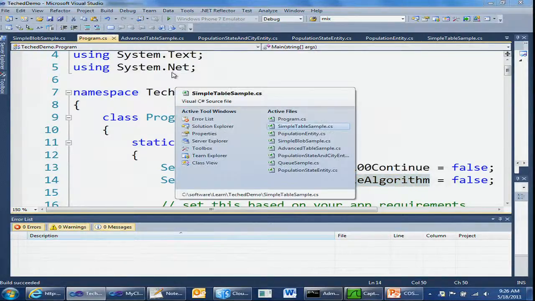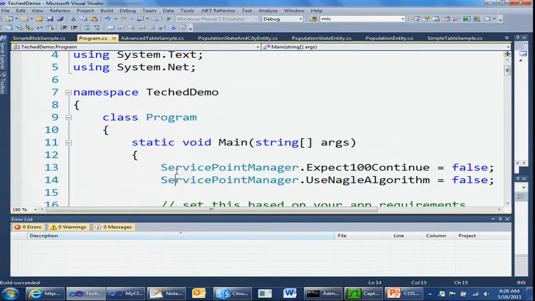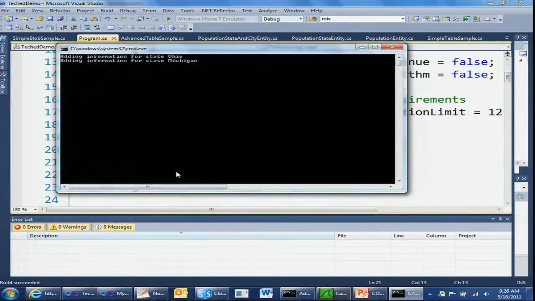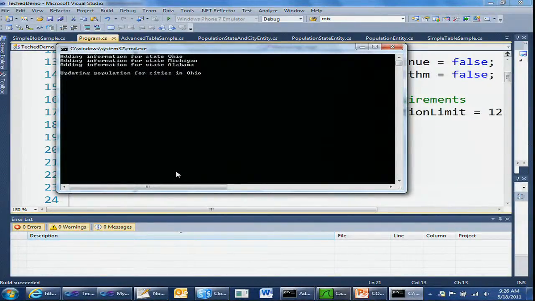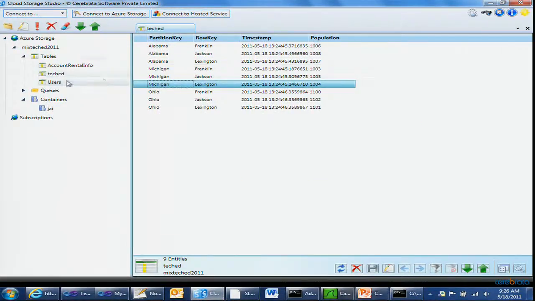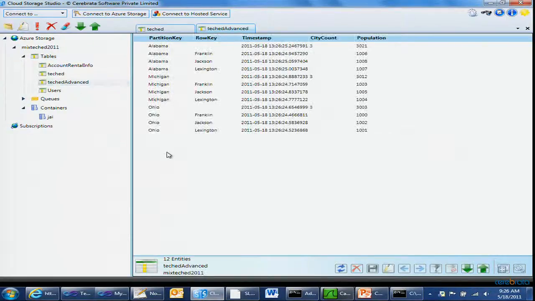And to show that, I'll run this advanced stuff. I'm just going to update. And go back to those tables. And let's take it advanced. So if you look at this,